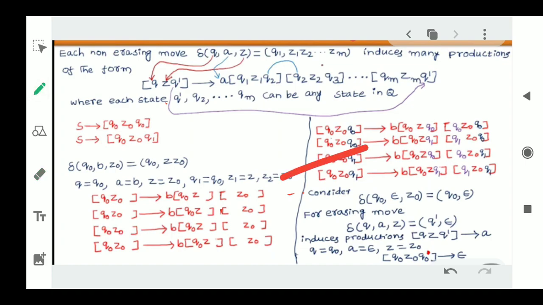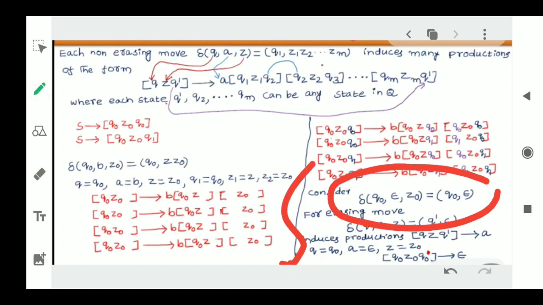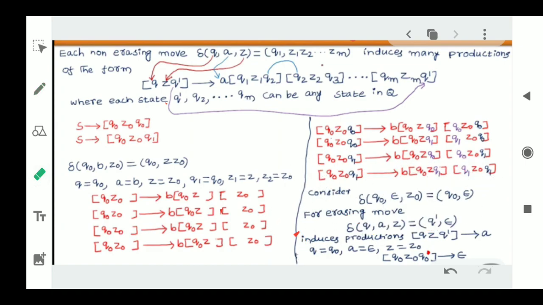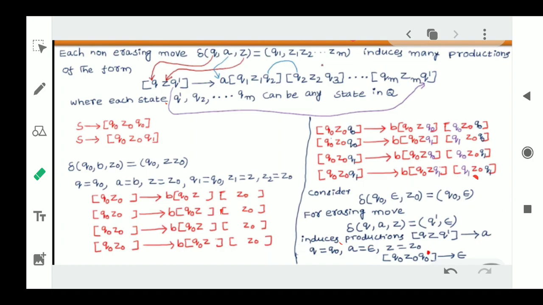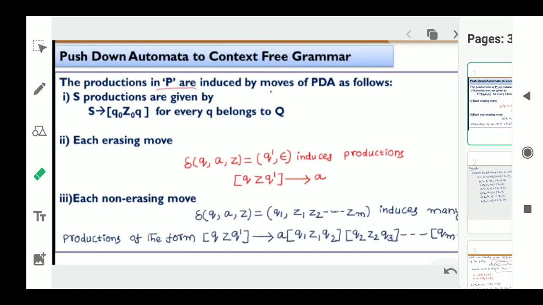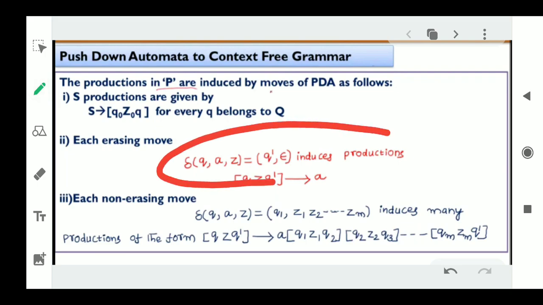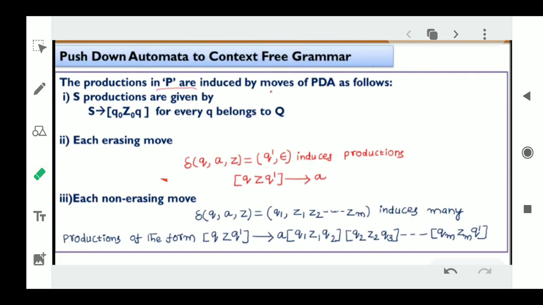And for the next thing, for the pop operation, we will go for this. If the given pop operation is like this, so if the production is Q0 epsilon Z0 equal to Q0 comma epsilon, then it is a pop operation. Compare this form. So what is Q0, what is Q, what is Q0, everything you will compare. So I have shown you already what is rule 2. This is our rule 2. So if the production is of the form like this, you please convert that into the production form of this one.